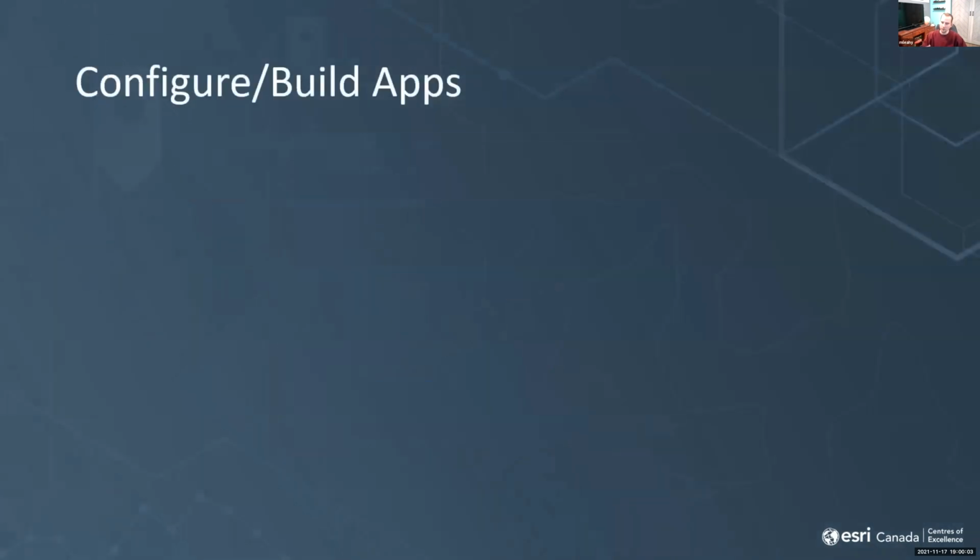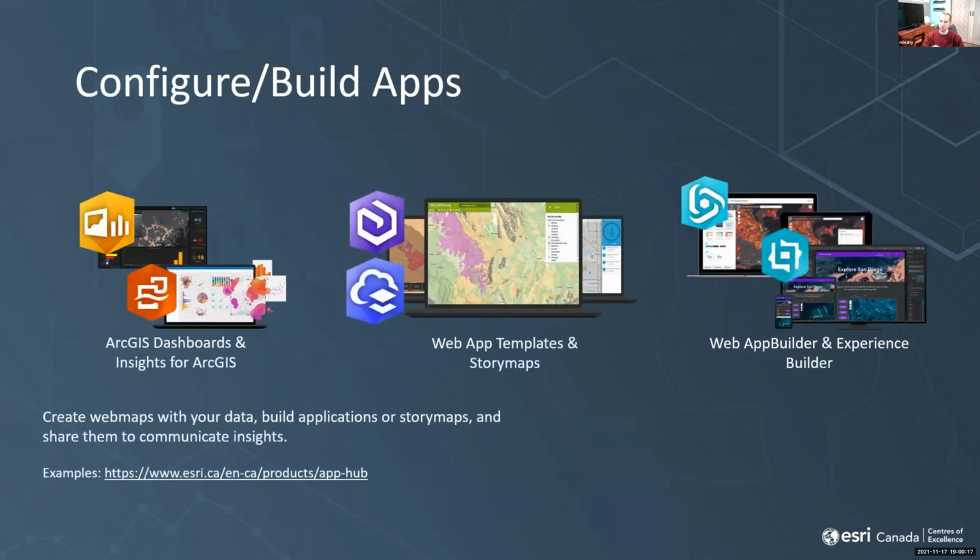So considering the different approaches you have available for building applications, the first, if you're someone who doesn't want to write code, you have lots of options available. Right in ArcGIS Online, if you've been doing some analysis in ArcGIS Pro or building 3D scenes in City Engine, you can take those data, publish them into web scenes and web maps in ArcGIS Online, and then share those through a variety of different types of applications like dashboards, story maps, or custom applications that you build with Web App Builder or Experience Builder.